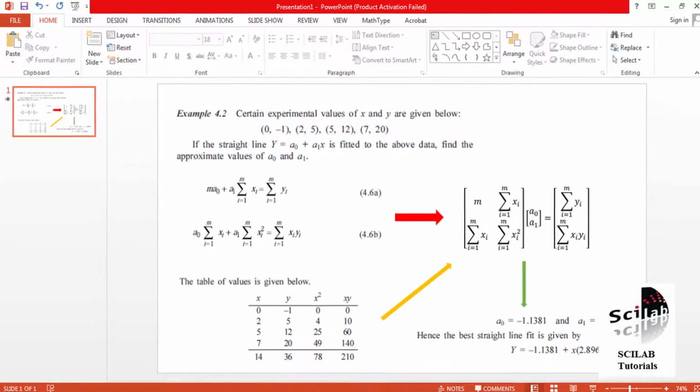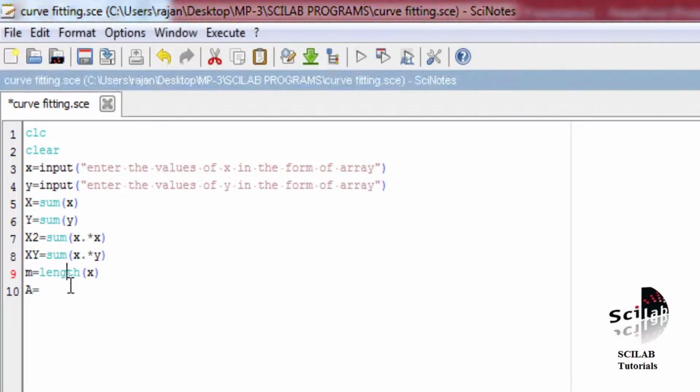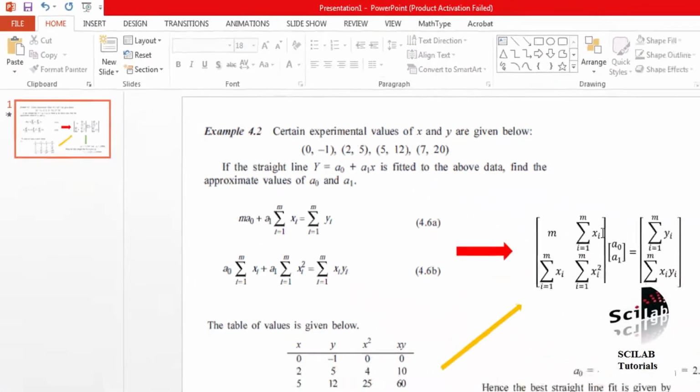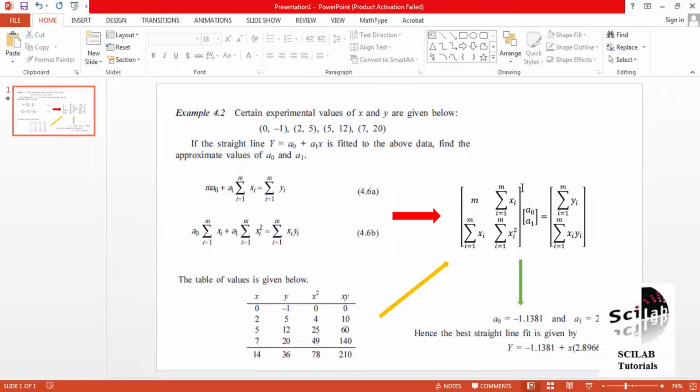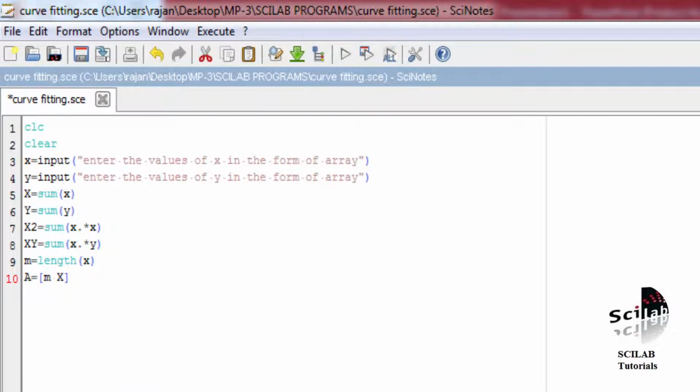Okay. So now what I have to do? I have to create a 2 by 2 matrix, and I will store this matrix in variable A. So A is equal to m, then summation i equals 1 to m of xi, which we write as capital X, then a colon.